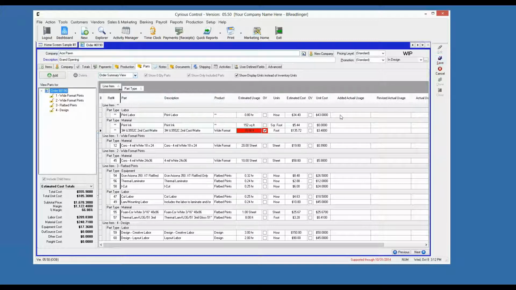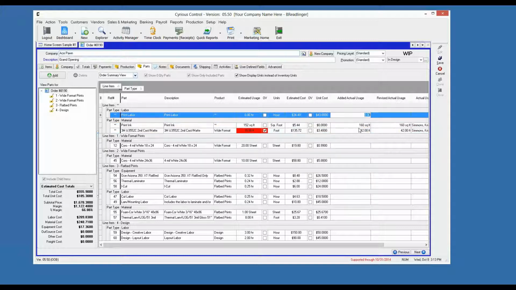I'll come over here and let's just say, when I was doing all these prints, I knew that my particular material usage, because I had them ganged up and they all ran through the printer at the same time, I don't know, maybe it was 42 square feet, or 42 linear feet in this case anyway. So I can just type in 42. I can then come to ink, and let's just say based on the usage or what have you, I had 160 square foot of ink, and labor, let's just say maybe I had an hour of labor. And if I go ahead and save this,